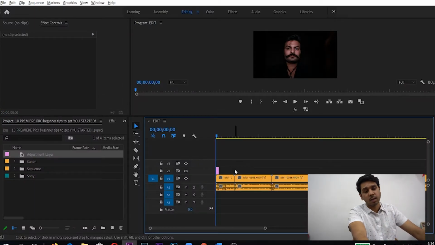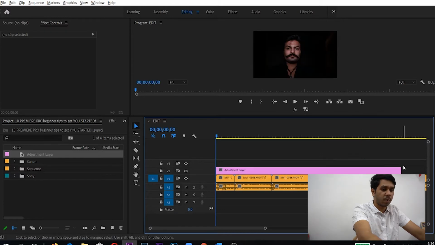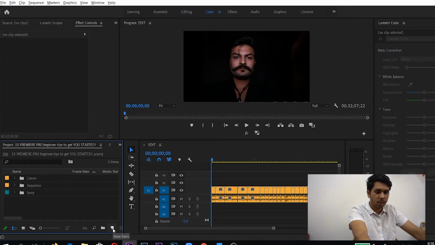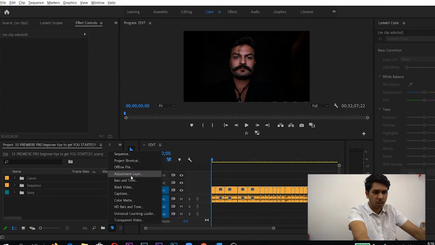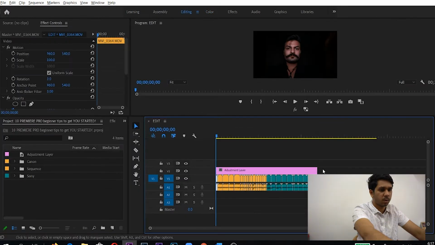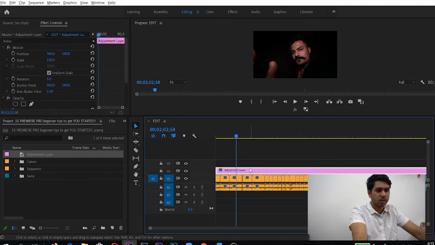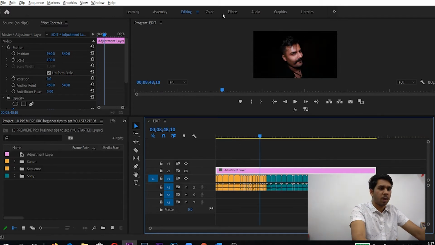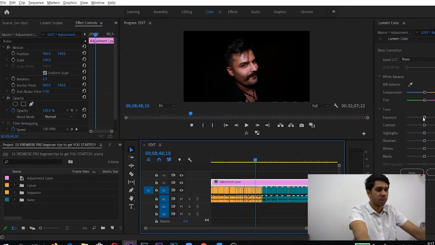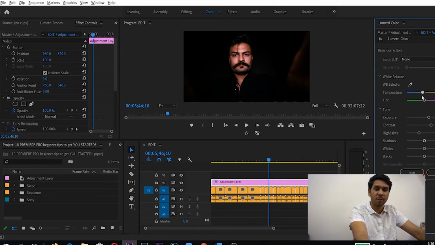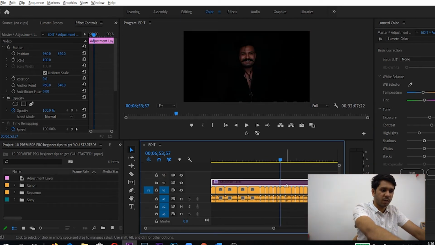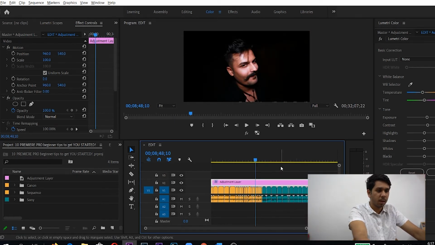Adjustment layers are another great feature that help you make color changes to your clips. All I have to do to get an adjustment layer is click on the new item icon and look for adjustment layer. I'm going to extend it all the way out to the end of my last clip. Basically what it does is, it's a separate layer that goes on top of your actual video. I can make my color changes on this adjustment layer. So I can increase the exposure maybe, add a little contrast, and reduce the temperature. All the changes being made are only on the adjustment layer, and you can make your color adjustments there without actually affecting the clip itself. So if I turn the adjustment layer off, the clips are back to normal.